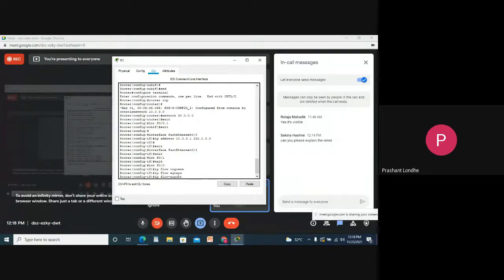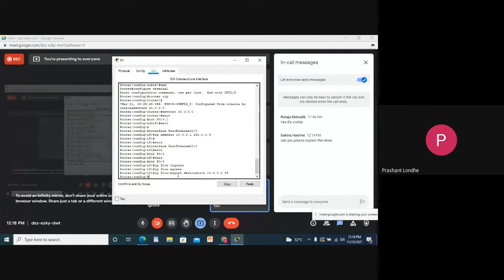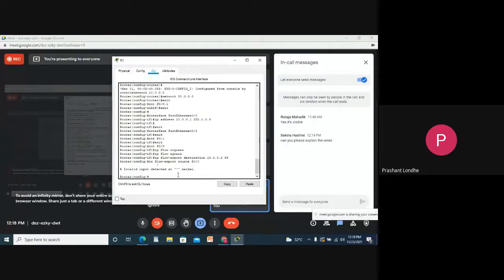I need to send the export to the server, so the destination IP will be 10.0.0.2. Give any random port, and then ip flow-export source f0/0.